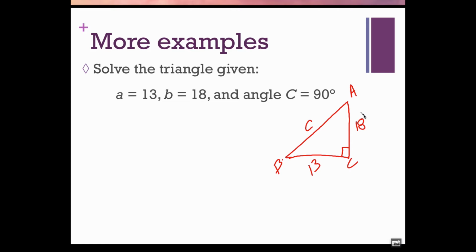Would you take the negative sign? No, because that'll give us an angle. You're overthinking this. Look at the picture. How do you solve for C? Oh, Pythagorean theorem. Beautiful. 13 squared plus 18 squared equals C squared. Pythagorean theorem is a legitimate tool that we can use here because we know exactly the length of 2 sides. Normally, if we calculated the length of a side, we don't want to use Pythagorean theorem because we're using calculated information. But this works out just beautifully, and C turns out to be